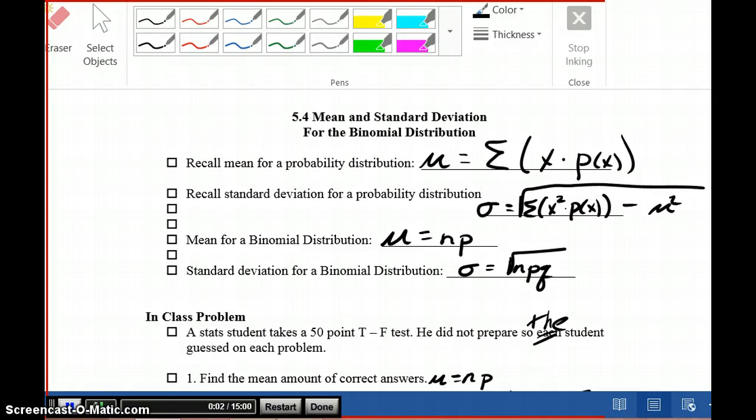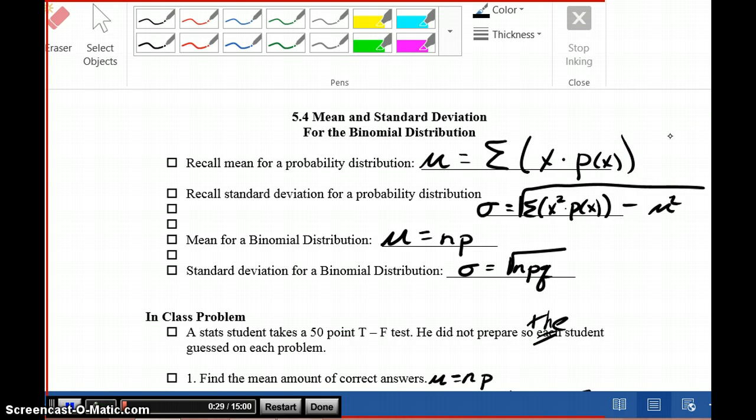Class, today we are working on Chapter 5, Section 4 in Statistics, specifically dealing with the mean and standard deviation for the binomial distribution. Previously in Chapter 5, Section 2, we talked about finding the mean of a probability distribution and the standard deviation of a probability distribution. I've written the formulas